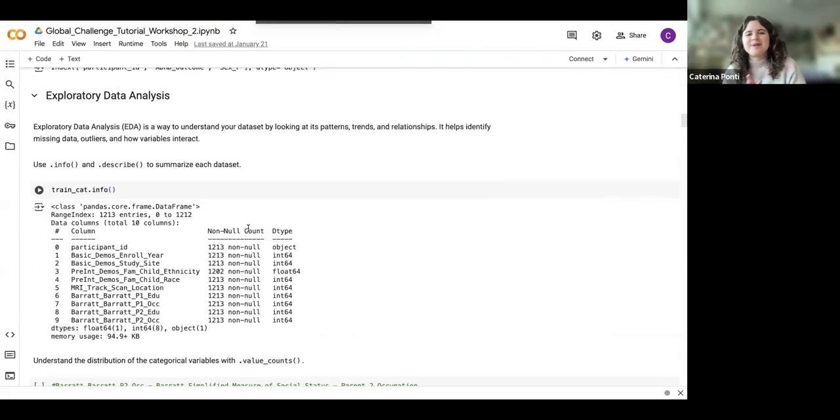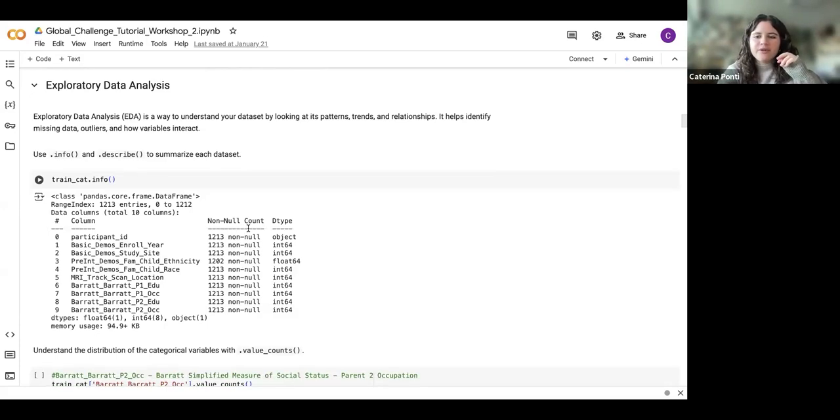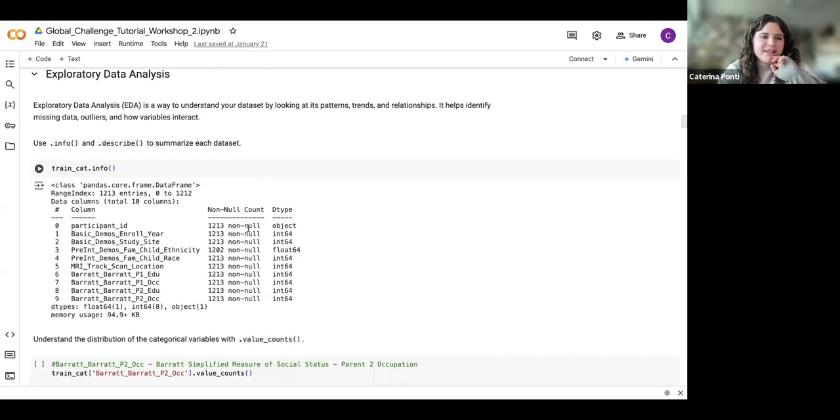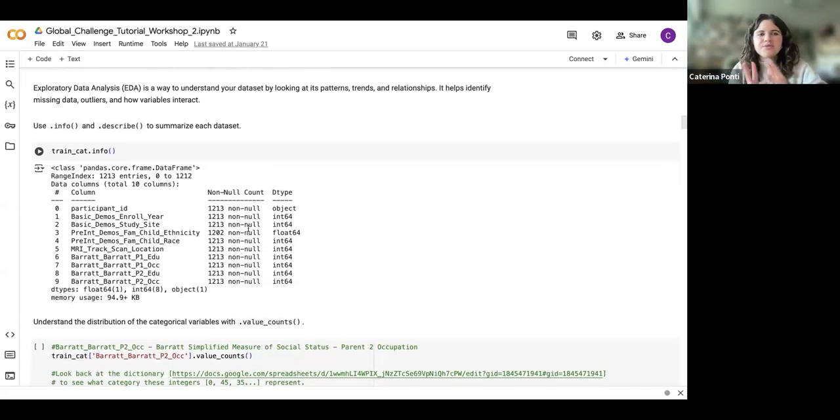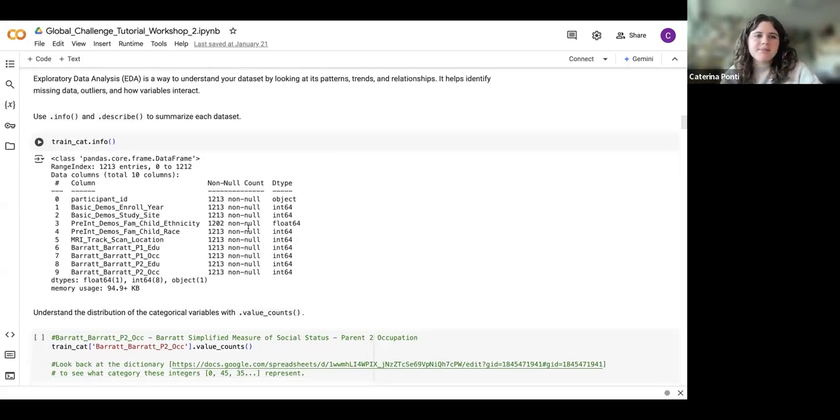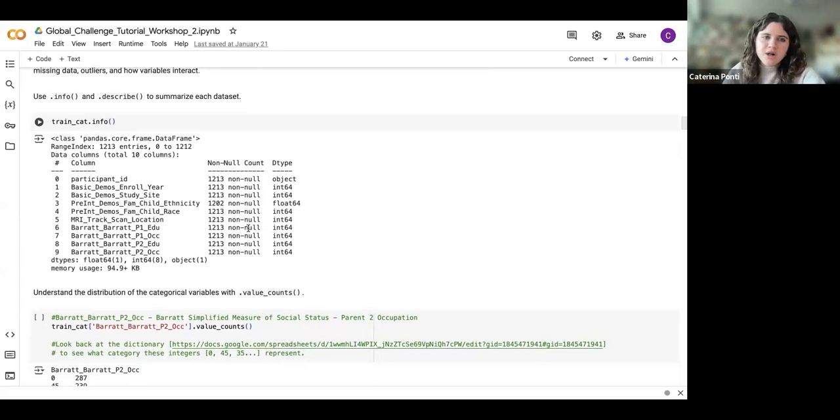We're going to practice some of the skills that I talked about before, or just see them in action. This is just a definition again of exploratory data analysis. We can skip over it. There are two functions that I highlighted here because I think they're really important when doing exploratory data analysis: .info and .describe. They both summarize each data set, and by summarizing the data set, you can see all the columns.